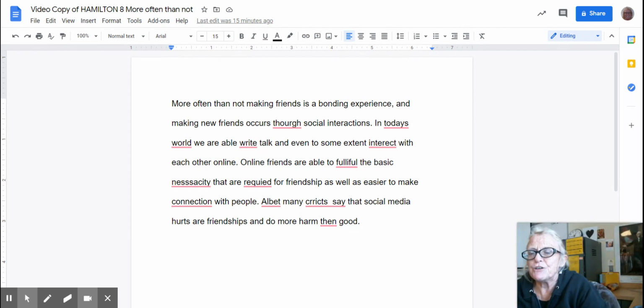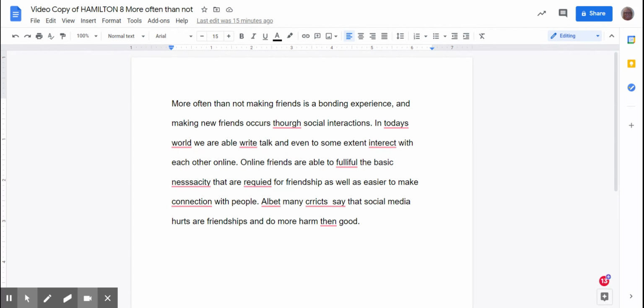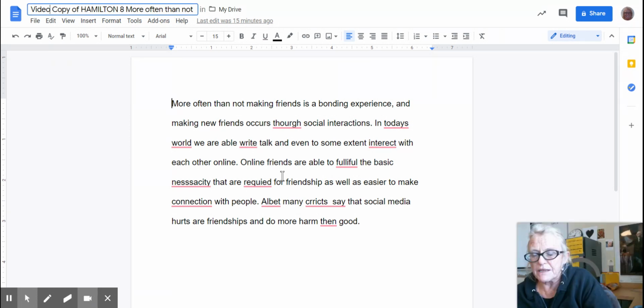Okay, so what I'm going to do is take you through an assignment that shows you how to do the homework, revise, which is called "Revise this introduction: 'We all have friends.'" That is the assignment I'm going to show you how to do. The first thing I want to remind you is that you're going to copy the text and drop it into here. We're going to need three versions. We're going to need the original,